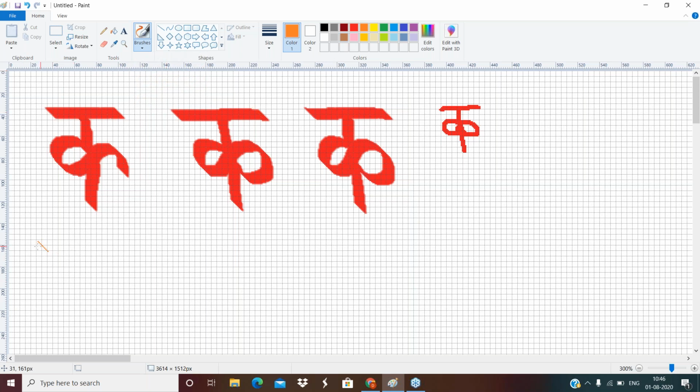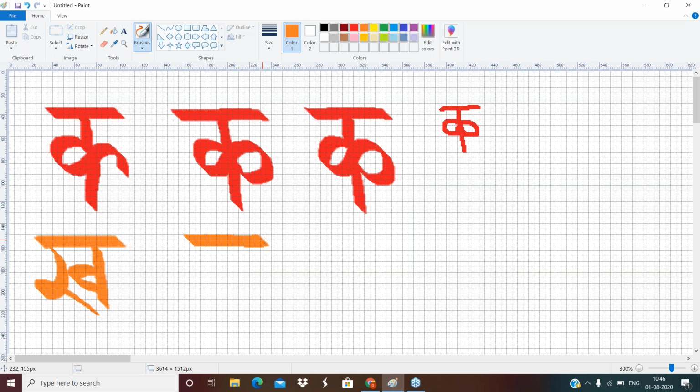So Kh in Devanagari is, I'll have to draw that. So this is Kh in Devanagari, but when we draw in Sharda, it is a little different.